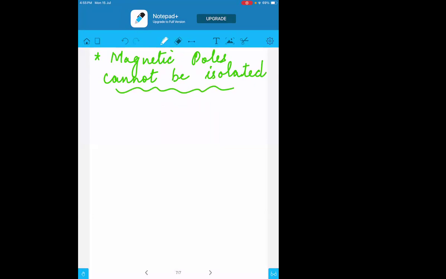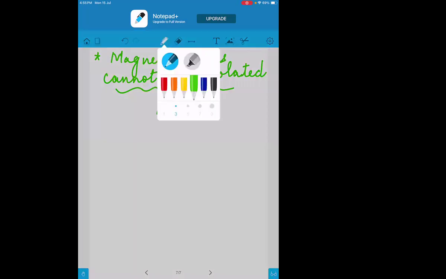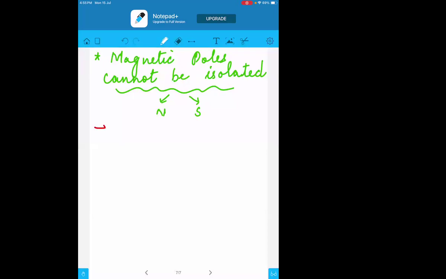Okay. So magnetic poles cannot be isolated, means separated, which means we have the two poles as we have discussed, north and the south pole. So if we wanted that, we should get all the north separately and all the south separately, that we cannot do. Actually, what happens if we cut a magnet, for example, if we cut a magnet,